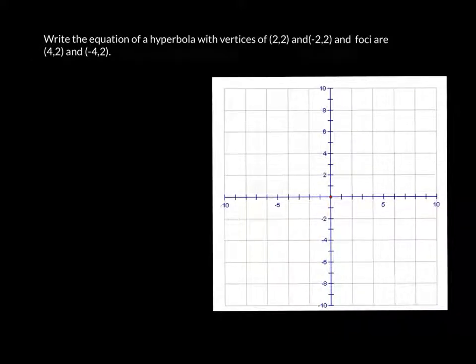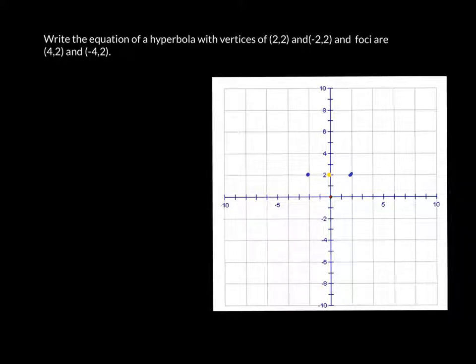Alright, so we are going to go ahead and look at the hyperbola. My hyperbola has vertices at 2, 2 and at negative 2, 2. Those are the vertices of the hyperbola. Now you can probably guess where the center of that is going to be, but if you want to go